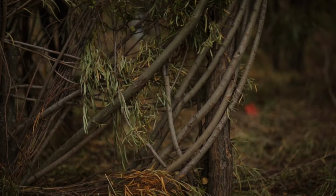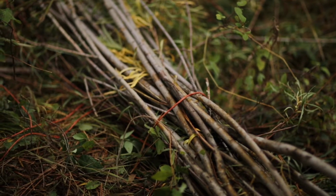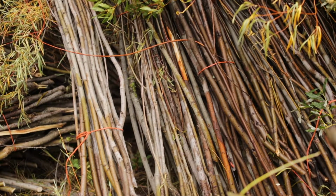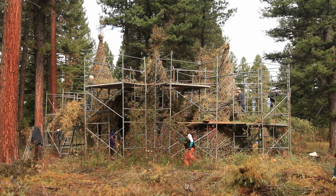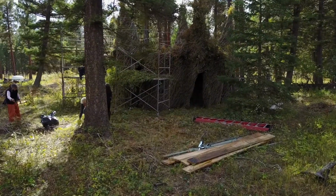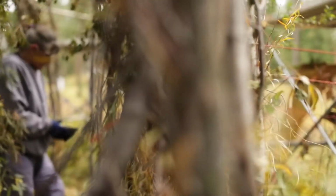We did find a very good patch of willow. They're calling it sandbar willow. The willow by the same name in Colorado is Apache willow. We found some alder and some very large willow to make our structural pieces out of. Generally, my process of building something has to do with working structurally first, and then applying a kind of line drawing on the surface of that, and then doing the cosmetic work as a final bit of it. So today we have volunteers out here working,